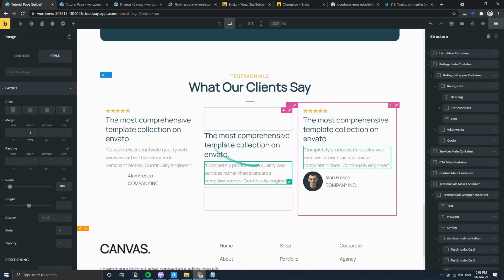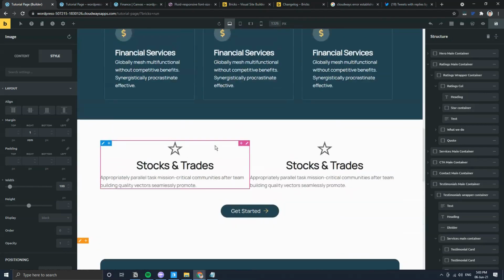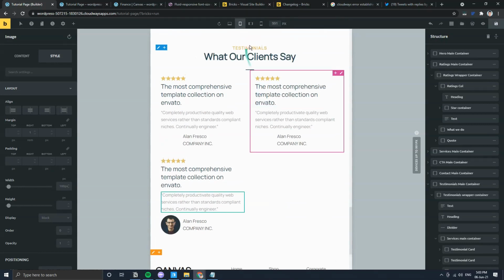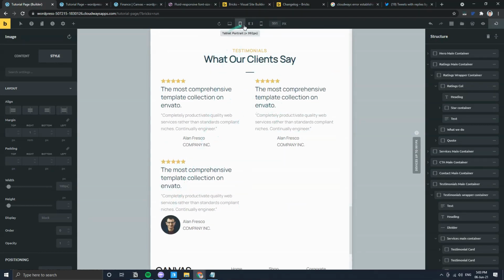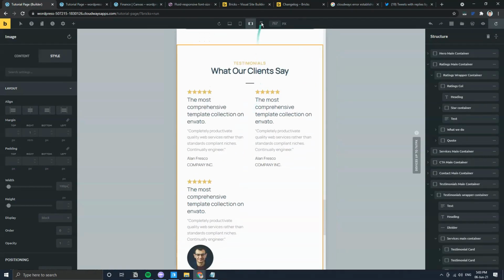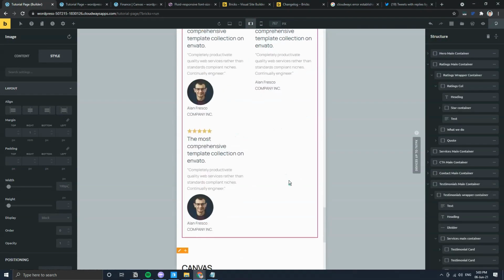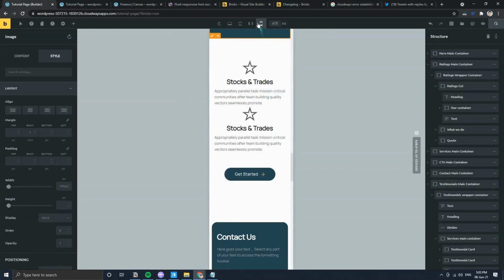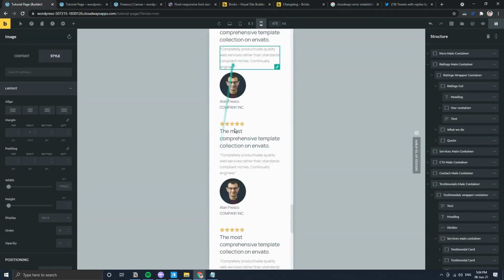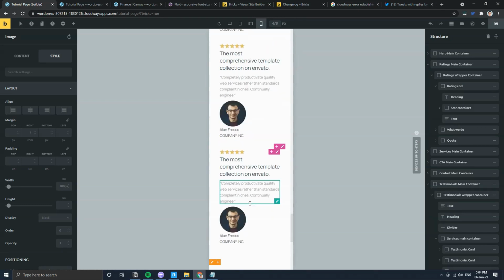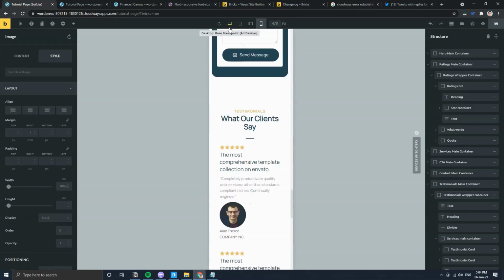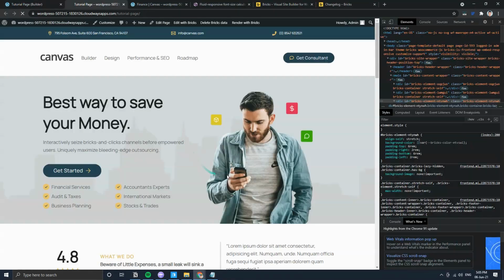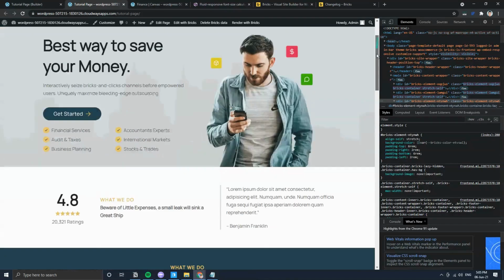So the testimonial card is already responsive by default since we copied it from here. So when we come down to tablet, it's 50-50. Come down to mobile landscape, it's also 50-50. And then we come down to mobile portrait, it's 100%. So it looks good. Okay, so let's save it. Let's see. Hopefully it's